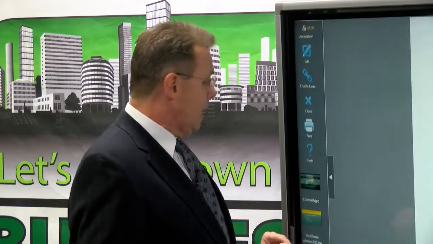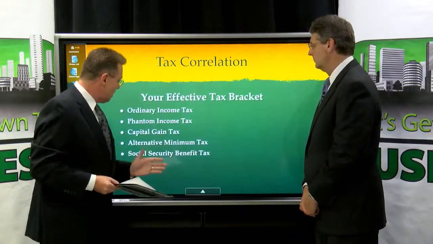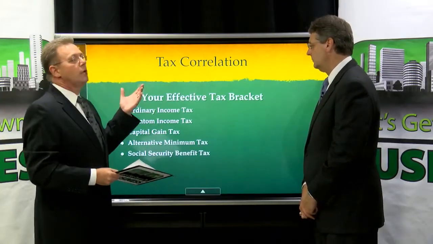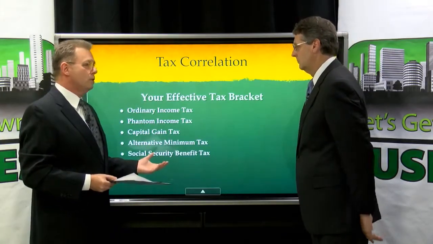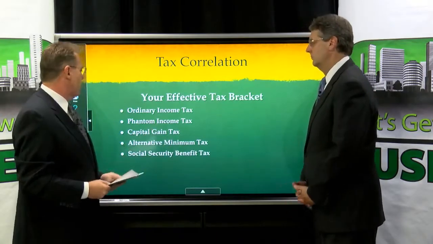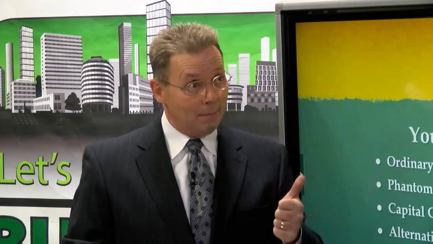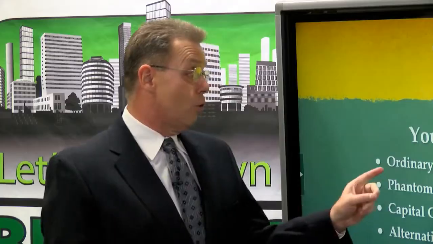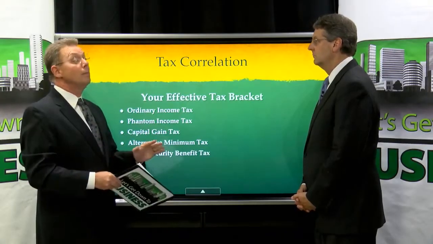Now let's go back and walk through some of the basics. Now people say, Steve, and again, I'm trying to only talk about basic issues here. I can micromanage this on passive income all day, but I don't really want to go down that road. Ordinary income tax. Now, Mike, one of the big issues is if we didn't keep this policy in force, we would have an ordinary income tax on all the policy loans of gain. And whatever year that lapsed, whether it was terminated or performance caused it or surrendered, whatever the reason, if it lapsed, then that ordinary income tax hits in that year for the full amount of the policy loans.